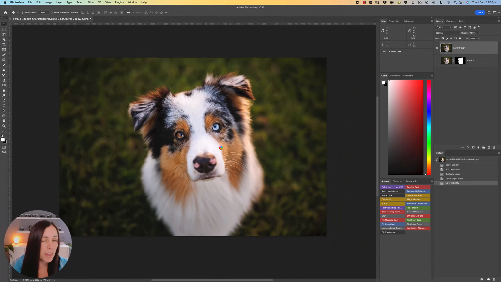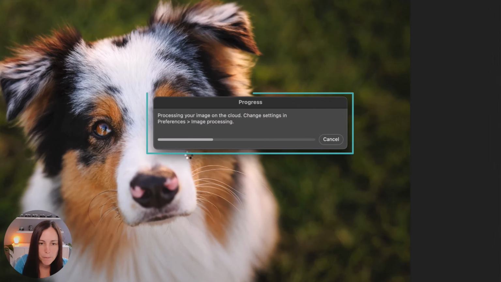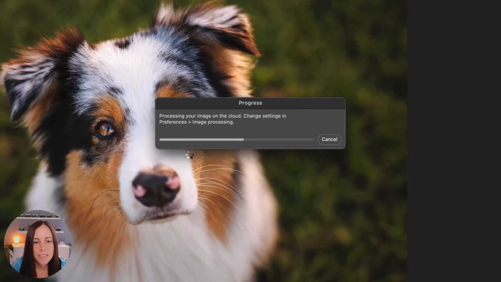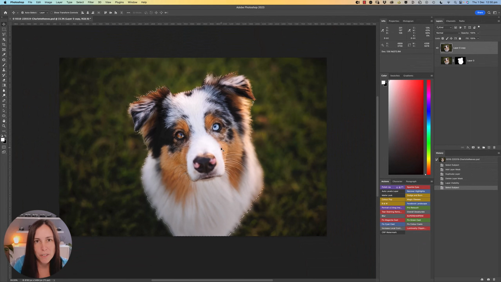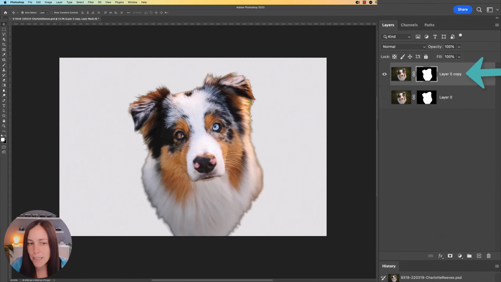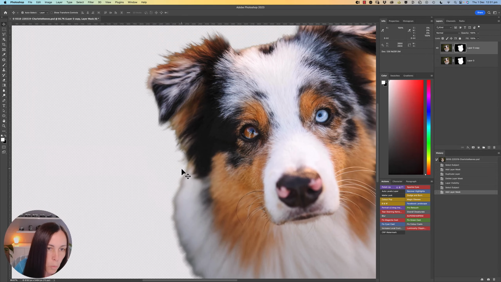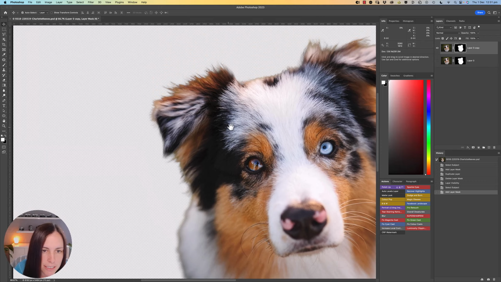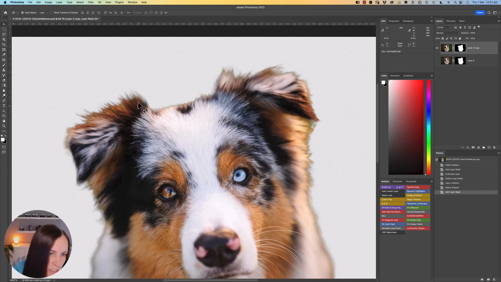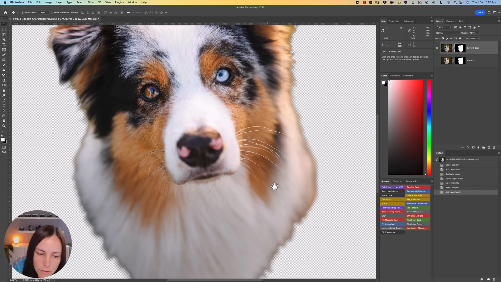it's going to think about it for a little bit longer. It'll pop up a message and say that it's processing the image in the cloud. It does take a little bit longer, but it's really not that long to wait. Oh, and here we are. Okay, so let's add a mask to this selection and see how it differs from that device selection. So add a mask and look how much softer where it's appropriate and more accurate this mask is. It's actually feathering the edges and following the edges of the fur here really nicely.